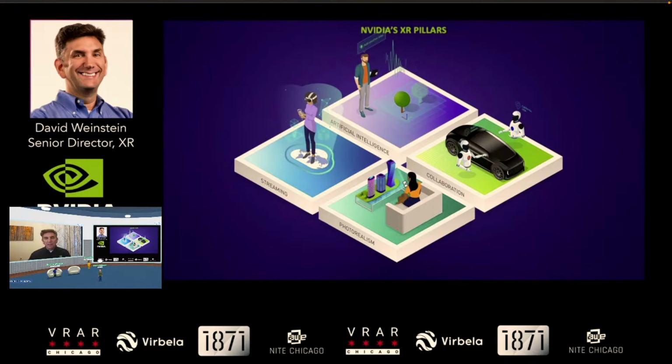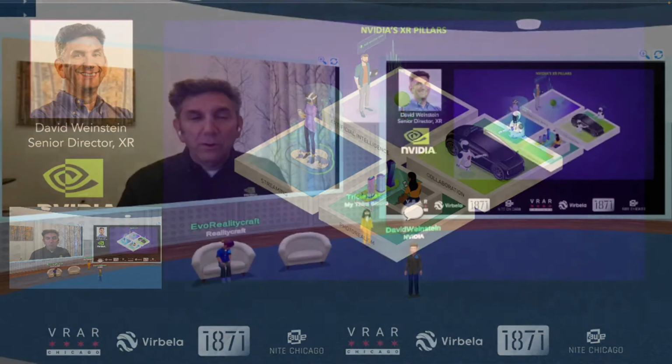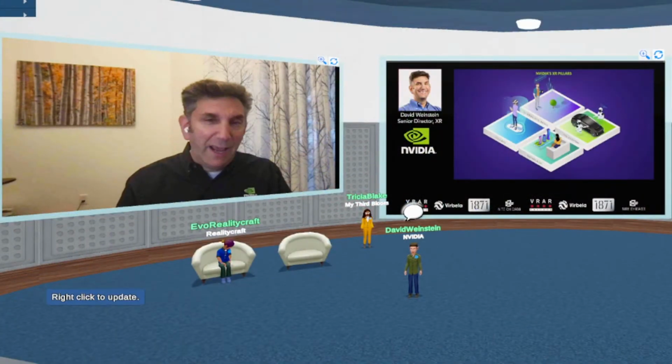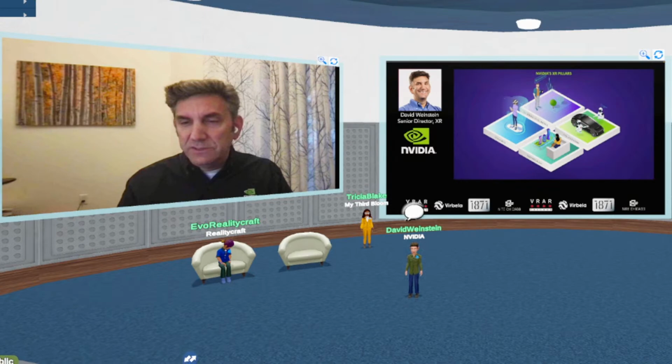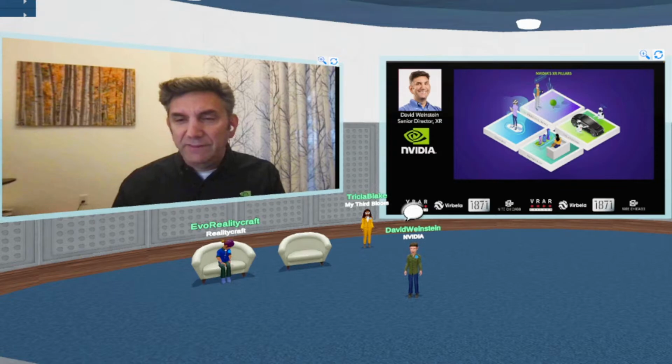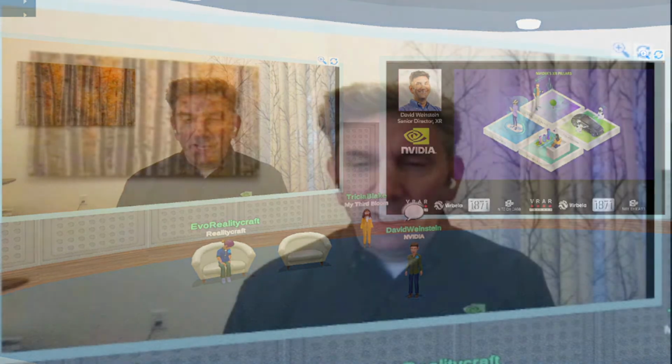And so what I like to start off by explaining to people is that at NVIDIA, there's a bunch of different things that we're doing to help accelerate and enhance XR experiences. And so I use this slide, what we call the 4 pillars of XR at NVIDIA, to talk about the different things that we're specifically working on. So taking it from the middle bottom of the slide, photorealism is super important to immersive experiences,